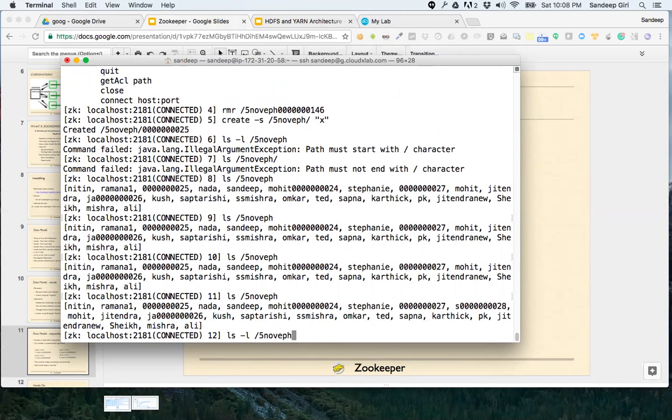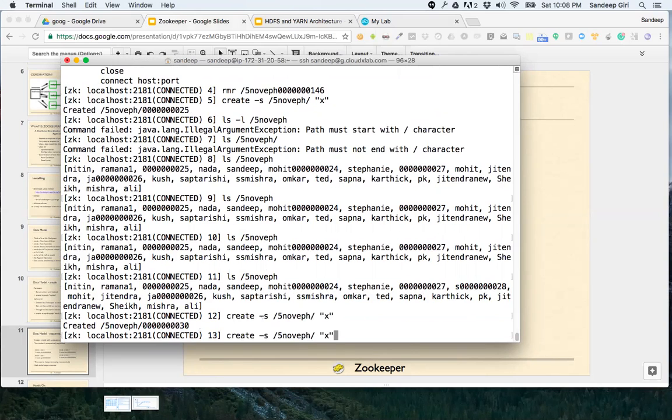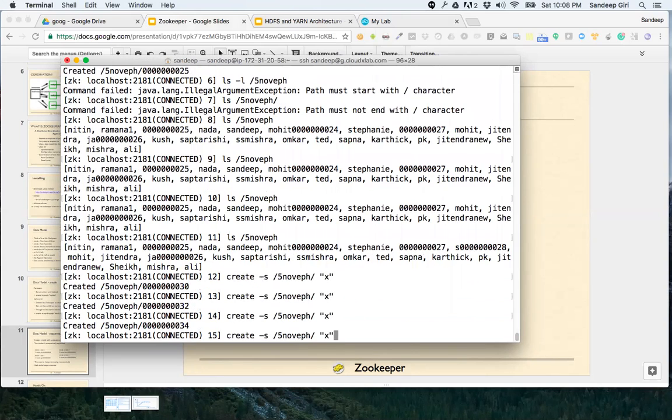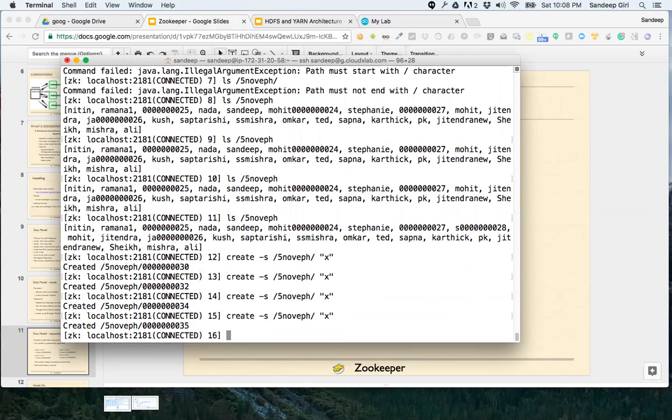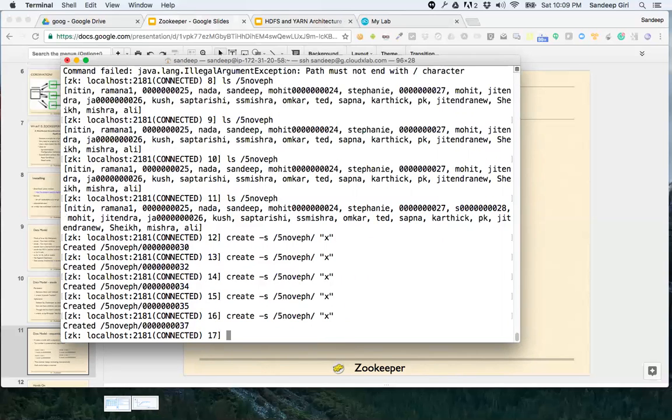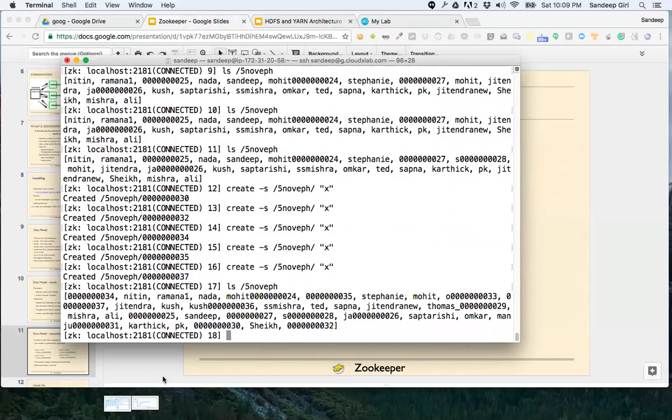Okay. So I can keep on doing this and it'll keep on creating new nodes. I can see there are other people who are trying to create in parallel, and therefore it gave me 30, then 32, 34, now 35. Yes, 37. All right. So you can see that it is able to manage the parallelism, many users, and you will see the distributed aspect as well as we go ahead.